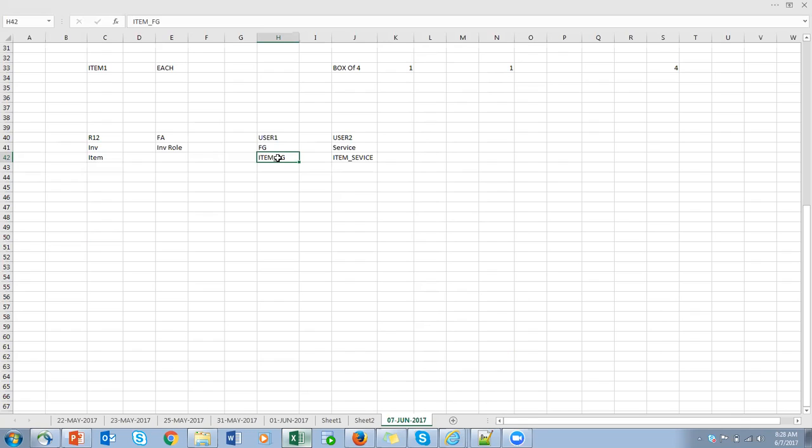Then while creating an item, for example a service item, you create one service template, and there you will enable all your attributes in R12. That template you will call while creating the item. So same thing here. I created one class as finished goods,